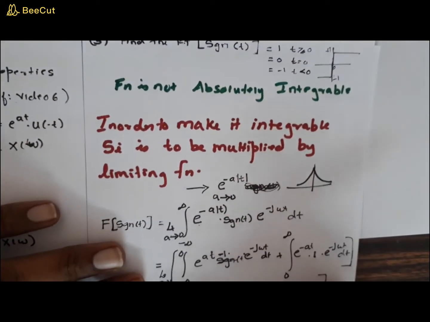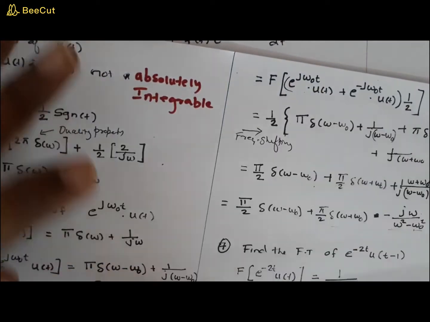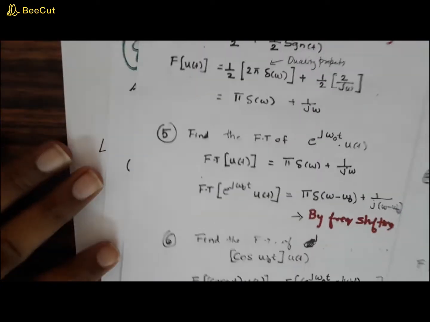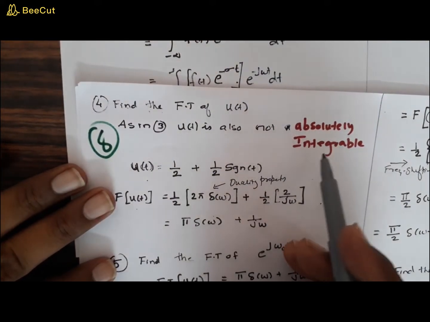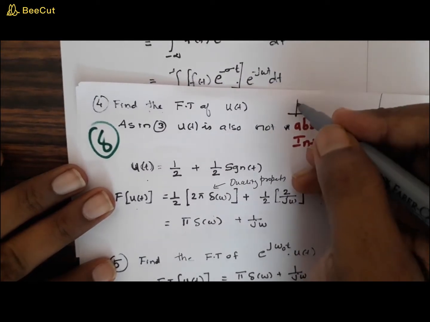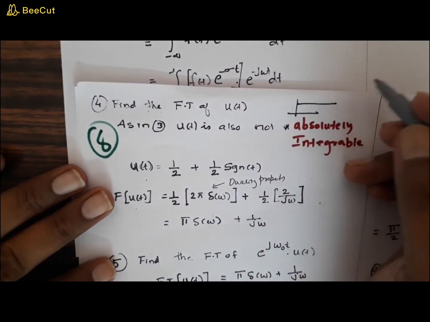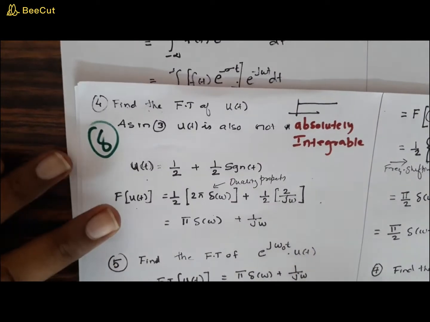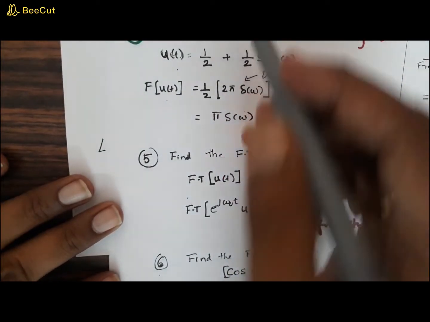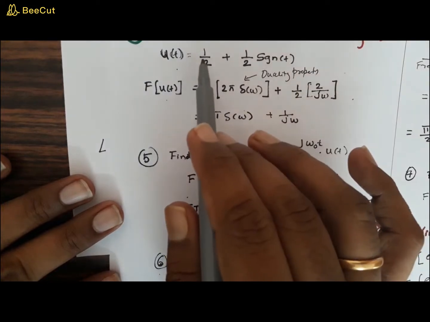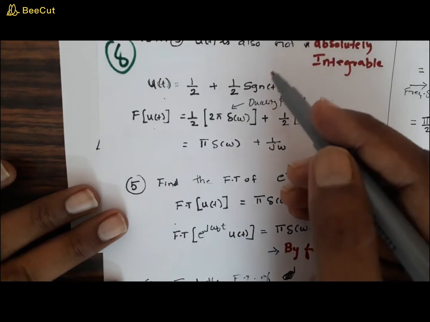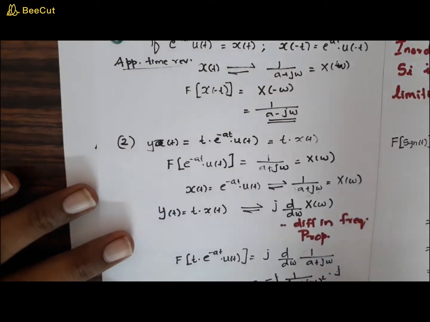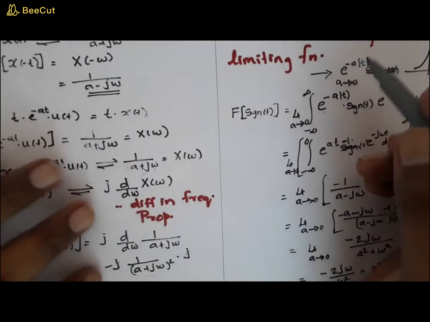So similar is the case with the next signal which we found out, that is the Fourier transform of u of t, right? Fourier transform of u of t is also not absolutely integrable, that we know, right? See, look at this. When you add this together, you are not going to get a finite value. So what we did was, we made that signal in terms of half plus signum of t, right? And then we substituted the Fourier transform of signum of t, which was found out by multiplying the time domain signal by a